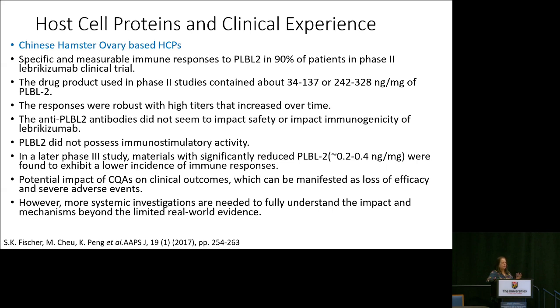columns and HPLCs over and over, but you are just adding more and more steps, and these don't go away. So you will be left with some amount of parts per million of these HCPs at the end of the final formulated product. When we were developing a drug product at Amgen, we found that between the phase 1 material or even the IND-enabling GLP tox material